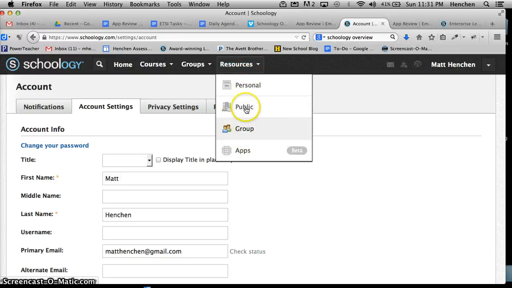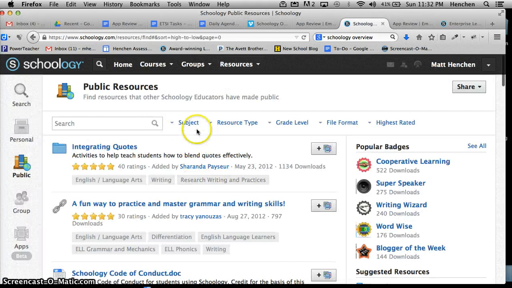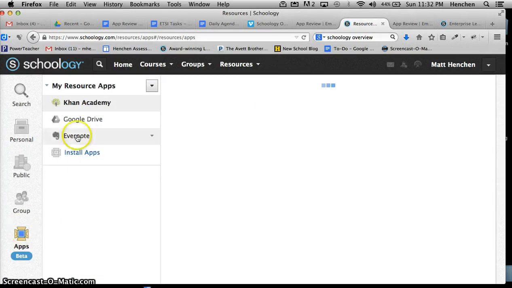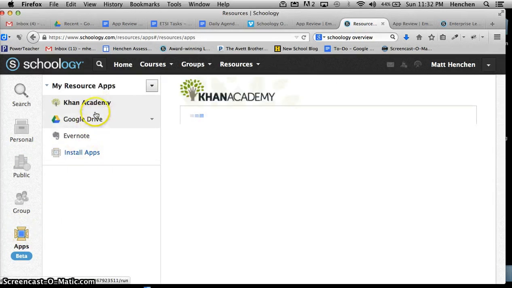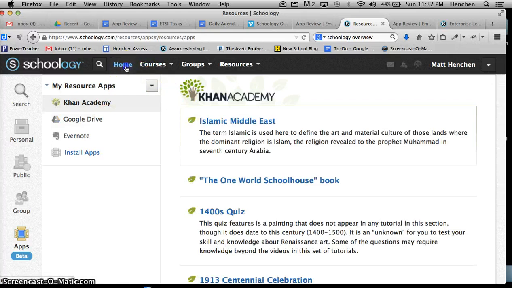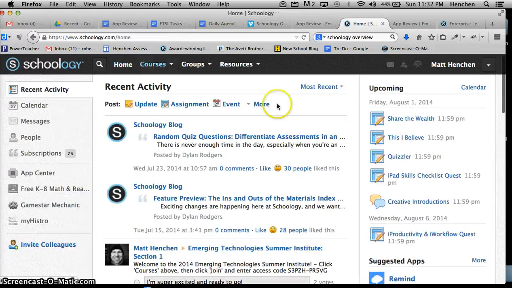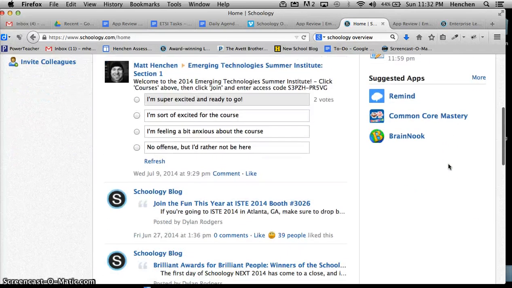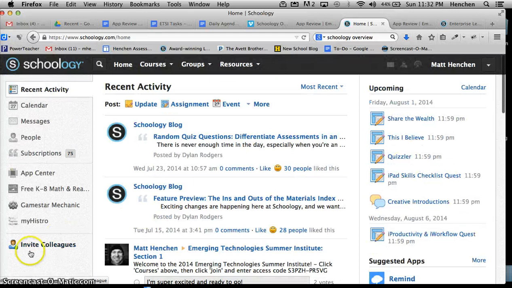Your resources, you've got personal, public, and group. So you can go to public resources and search by subject matter, resource type, grade level, all sorts of great stuff. You can add on apps to extend the functionality. So this is where you add like Khan Academy and Google Drive, Evernote, and that sort of thing. If you go home, there's some suggested apps, and you can invite colleagues,